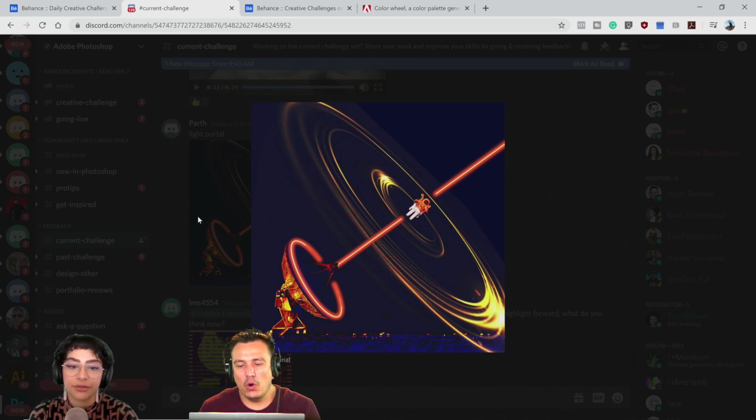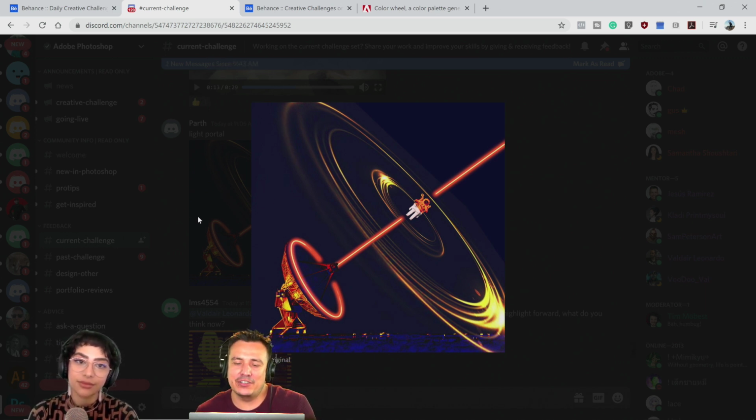The one thing I would suggest, and this is just my opinion: the astronaut is changing color when he's on the other side, but the light is still the same color. So I might even change the color of the light to really show that when you're on the other side, things are different. Yeah, that's a good point. You already started with that theme with the astronaut, so I would just continue it with the light. But yeah, good note.